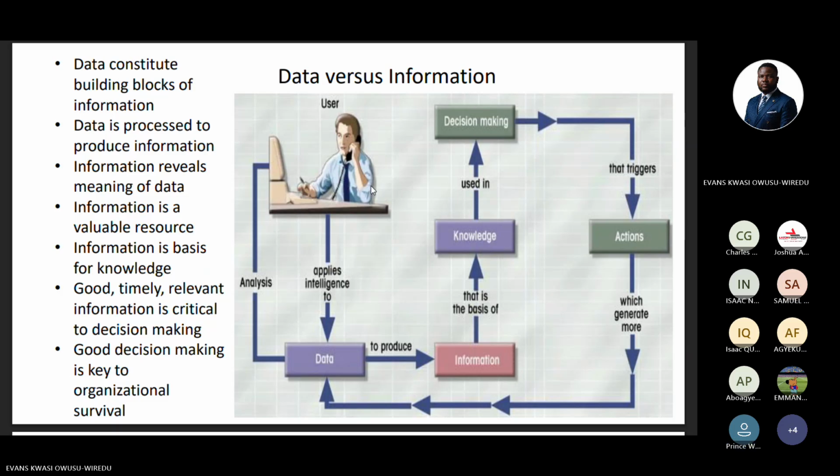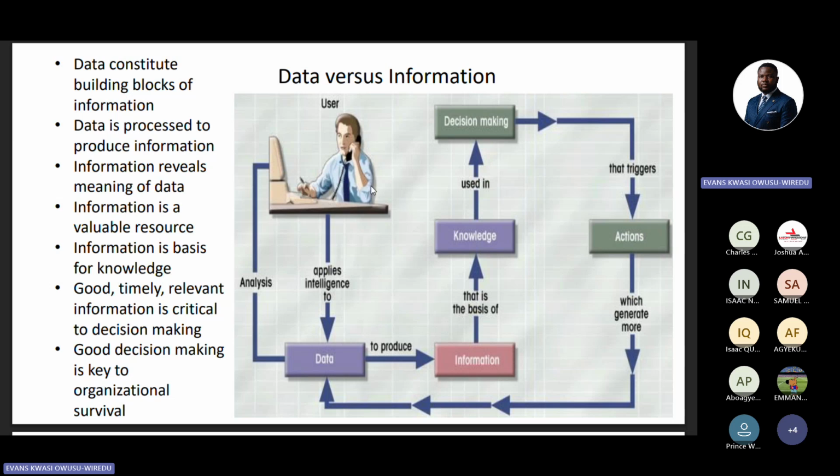Yes, please. So during processing, meaning is made of data and it is put into forms that are more understandable to the user. Therefore, you can say information makes sense of raw data due to processing. Thank you very much. Our brother has gone far ahead of us. That's powerful. I wanted an explanation that's related to the examples that we gave. Okay, Mr. Anand, you can also try. I agree with Mr. Wilson. Same answer.